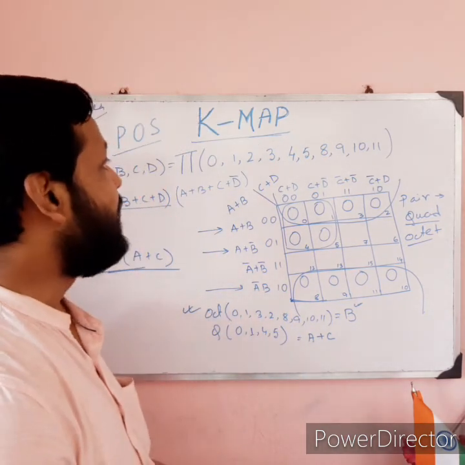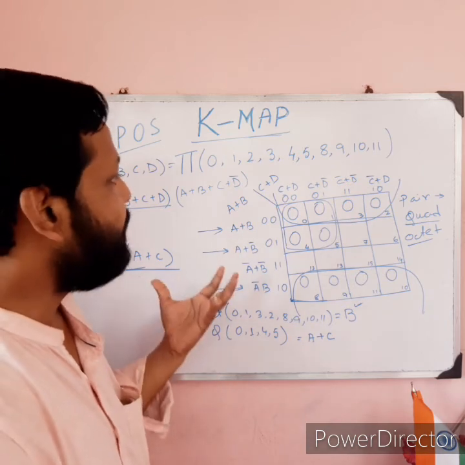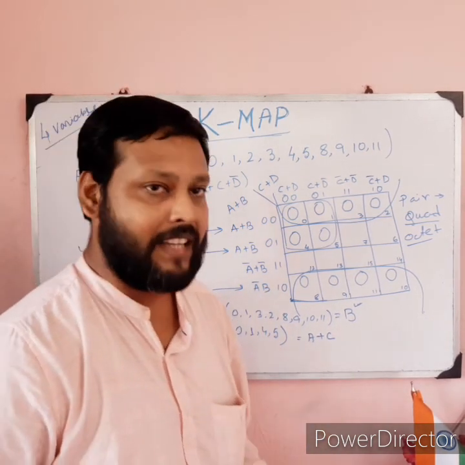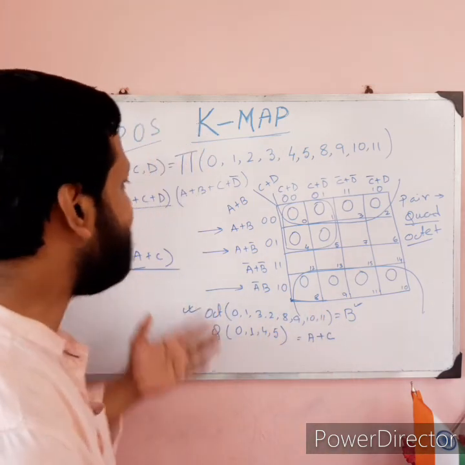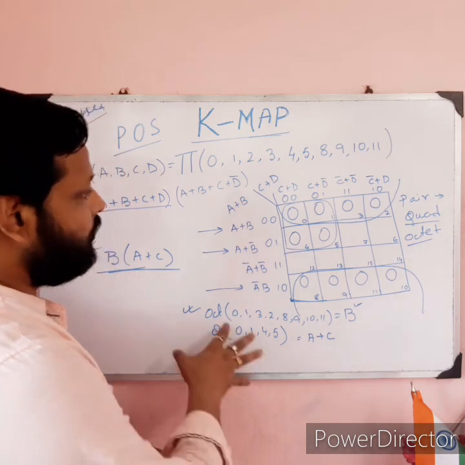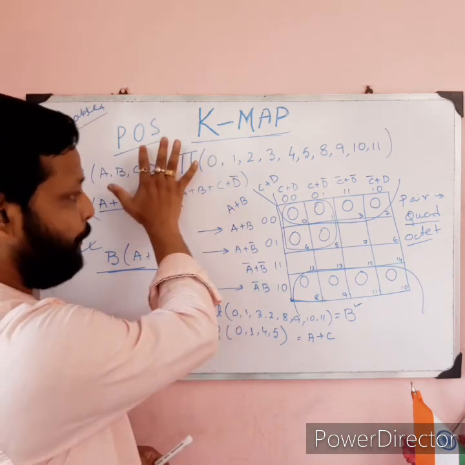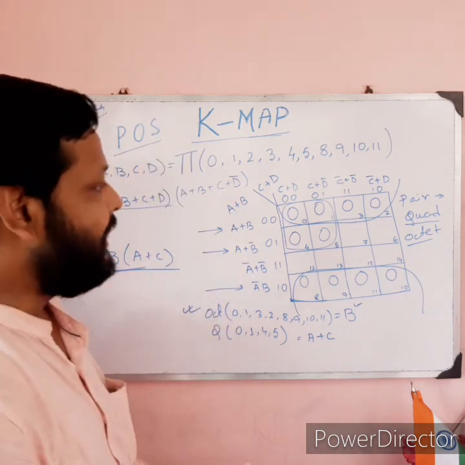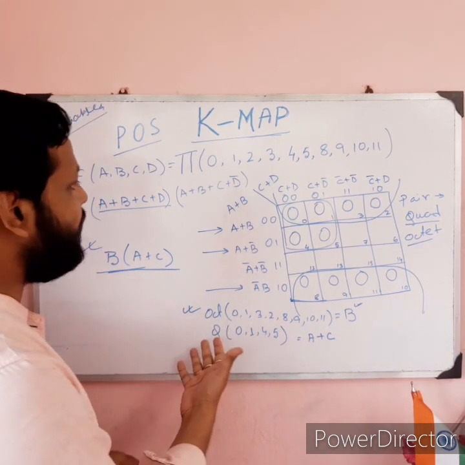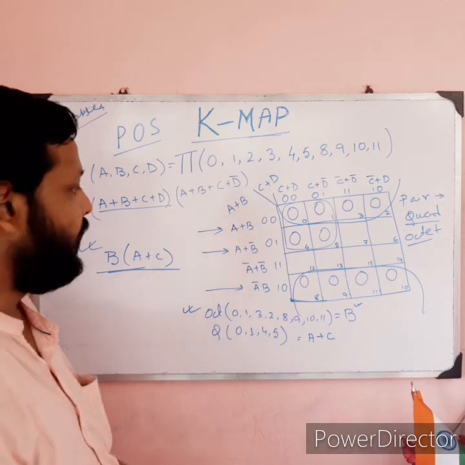Because as per the ISC syllabus, K-map carries 10 marks. So we need a good friendship with this. Out of 70 marks in theory, 10 marks we will get from there. So this is all about the POS. In the next class, we'll discuss a few examples of SOP and POS as well.